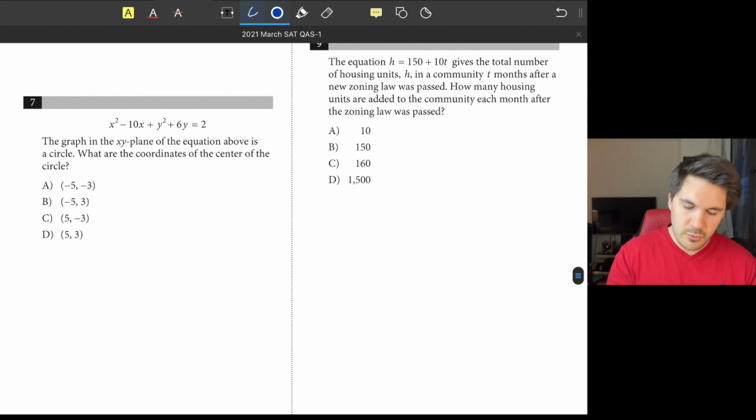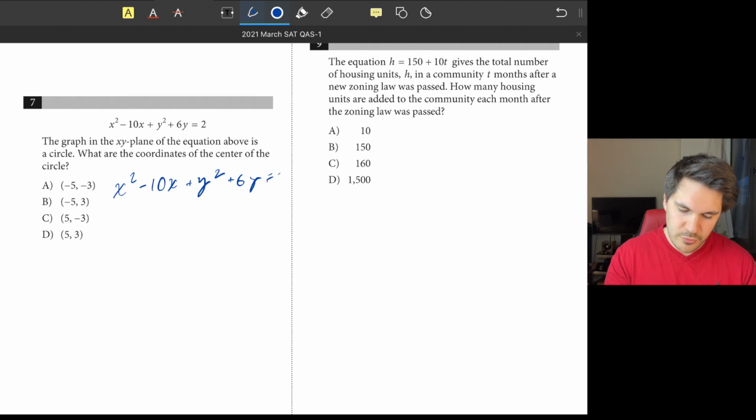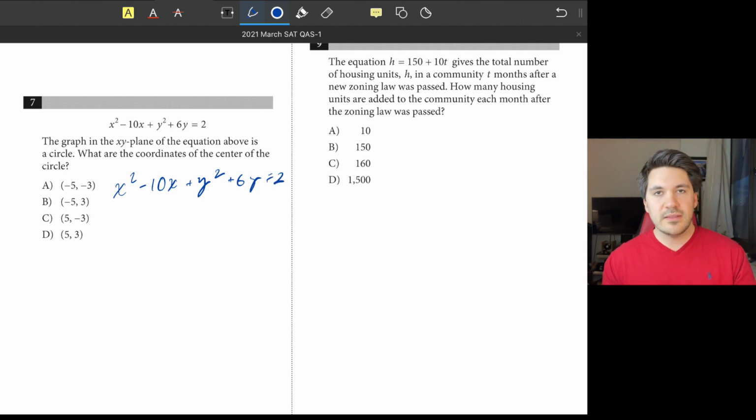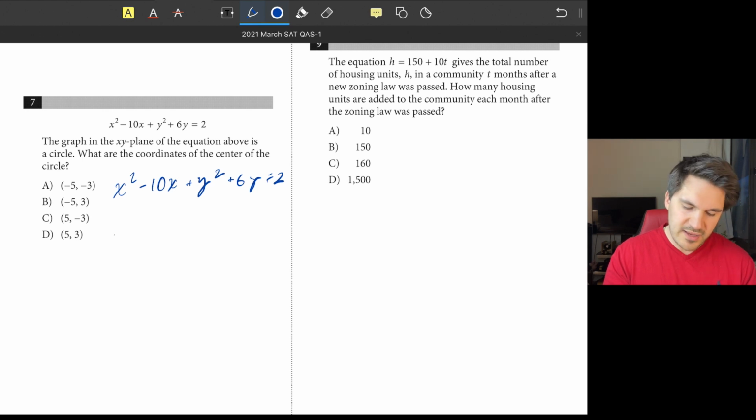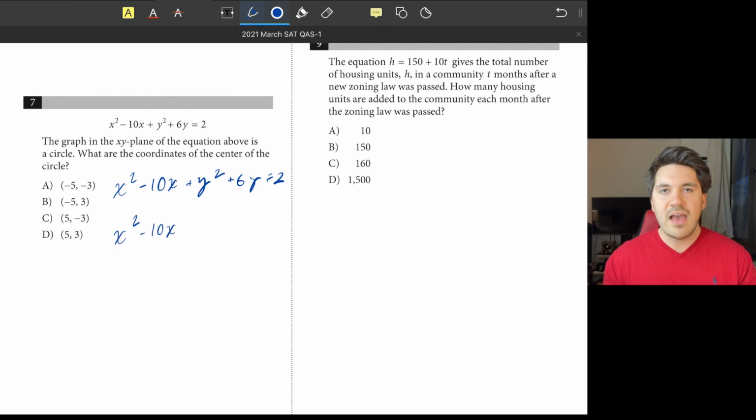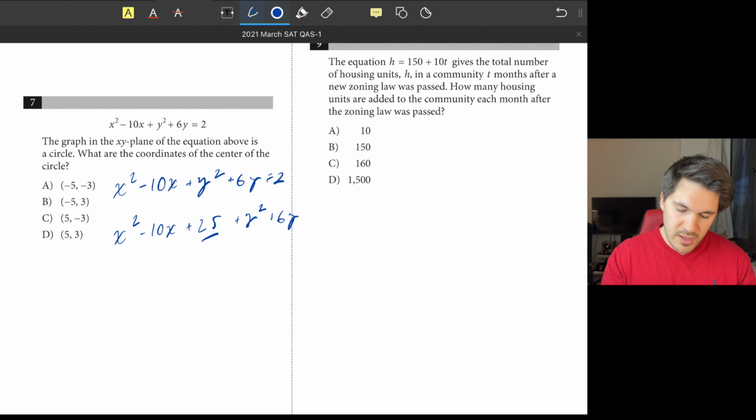So let me rewrite the equation. X squared minus 10x plus y squared plus 6y equals 2. We're going to take half of negative 10 and square it, and do the same thing to the 6y. We're going to take half of 6 and square it, and add that to both sides. So that's going to give us x squared minus 10x. Half of negative 10 is negative 5. Negative 5 squared is 25, plus 25, plus y squared plus 6y, plus half of 6 is 3. 3 squared is 9. And this is going to be equal to 2